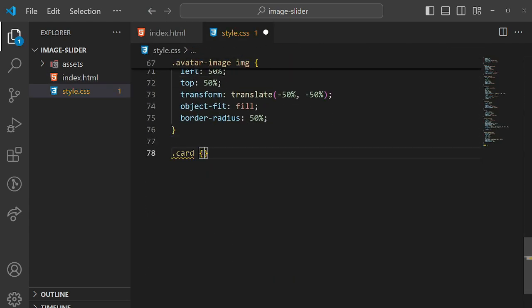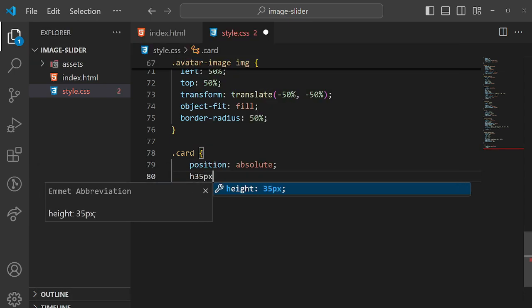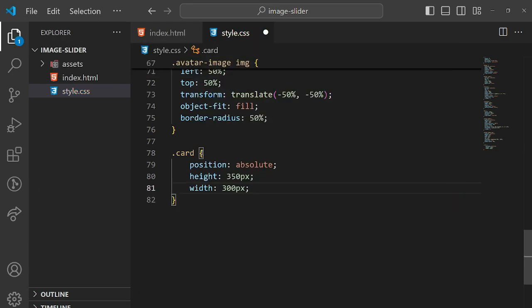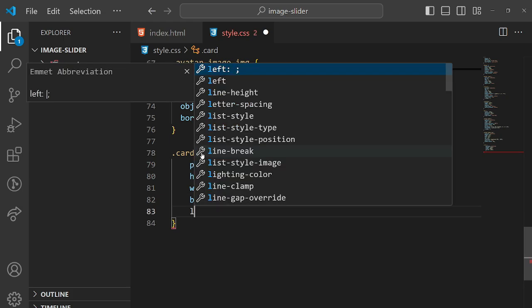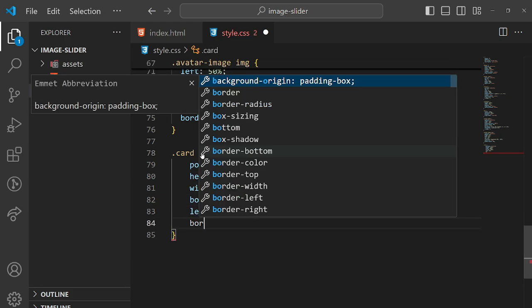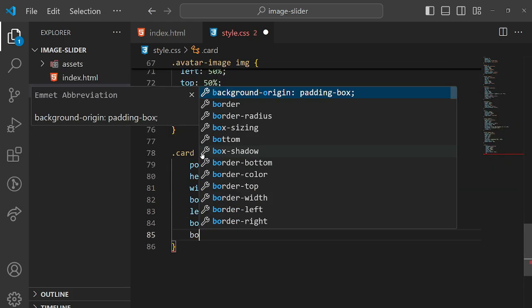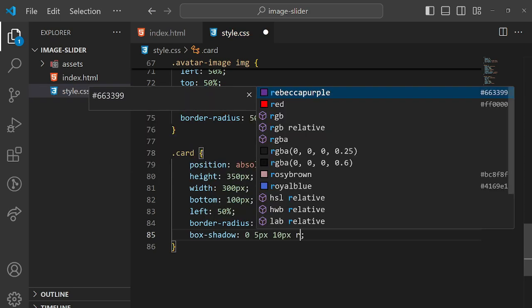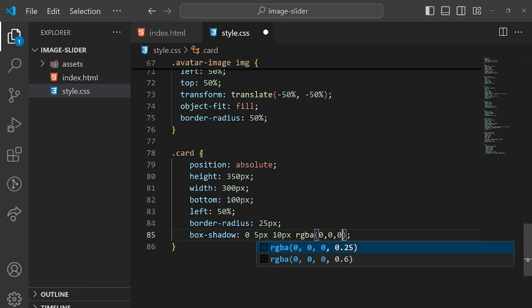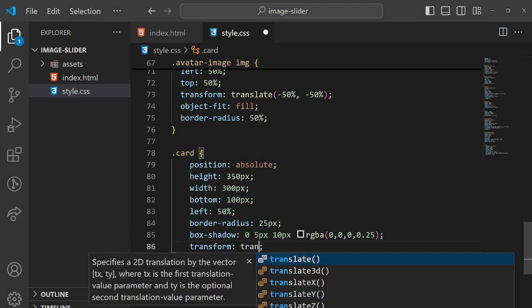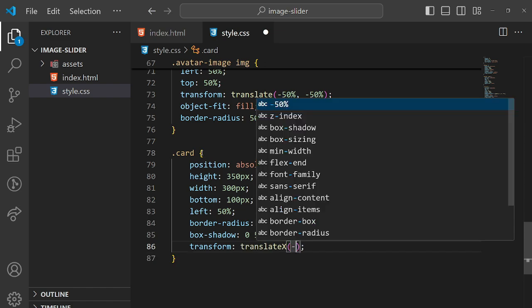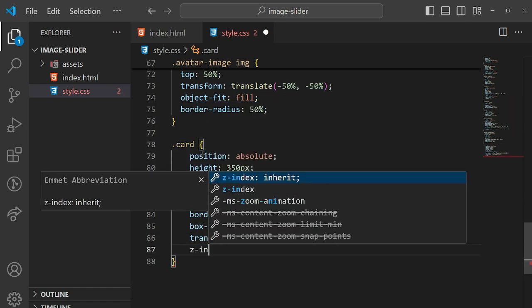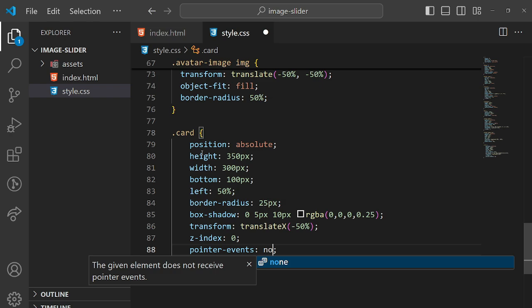So dot card, and position is absolute, height is 350 pixel, width is 300 pixel, bottom 100 pixel, left 50%, border radius 25 pixel, box shadow 0, 5 pixel, 10 pixel, RGBA 0,0,0,0.25, transform translate x minus 50%, Z index 0, pointer events none,